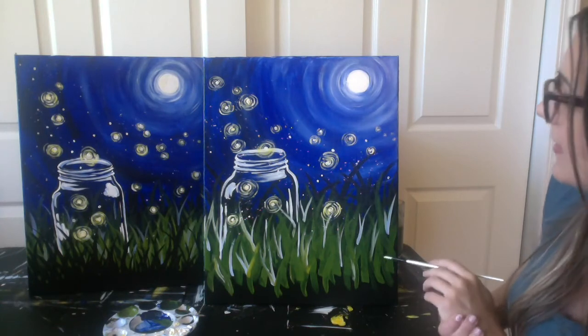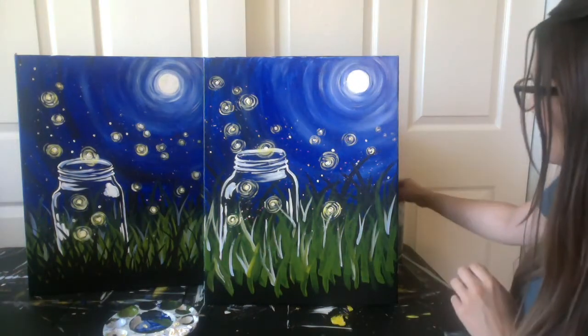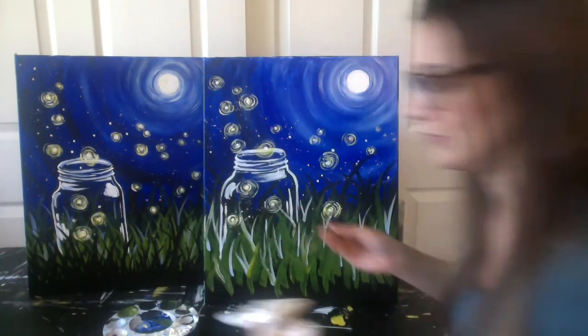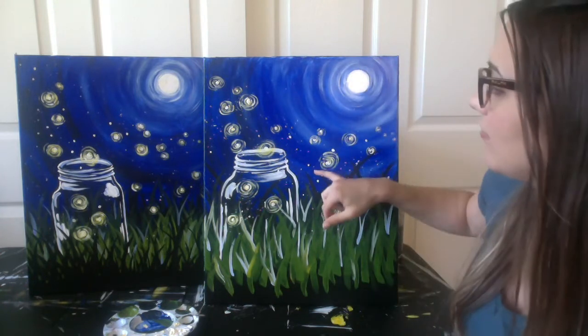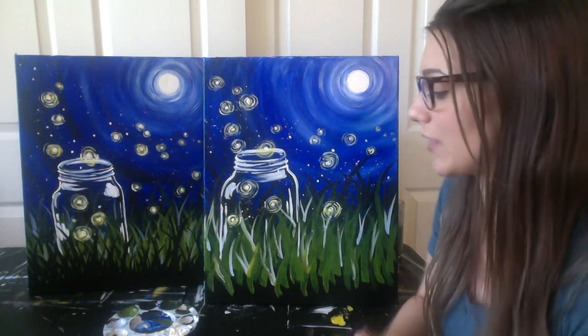Alright, I think that's about all I have as far as our fireflies. So I'm gonna rinse this guy off. And so this very last thing that we're gonna do with the fireflies, if you want to, this is not a necessity again, if your little splattered fireflies came out smaller than you had wanted them,